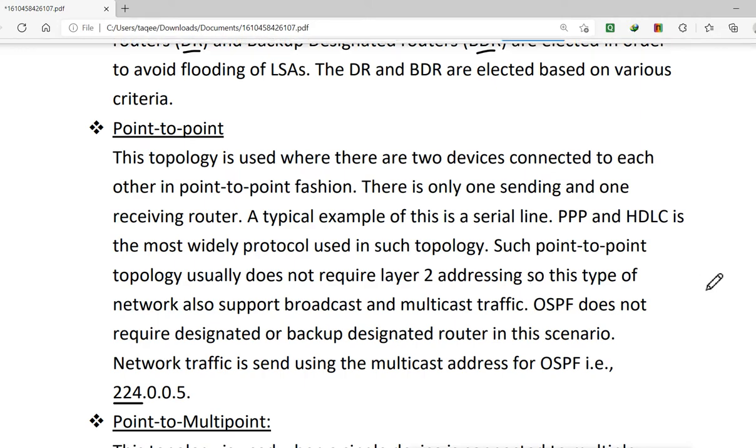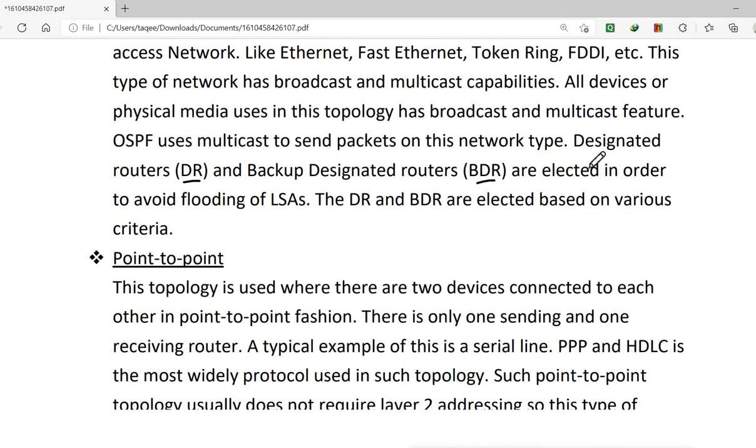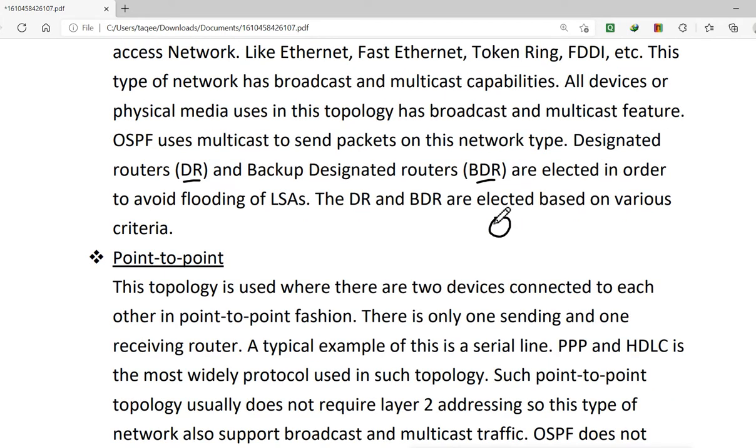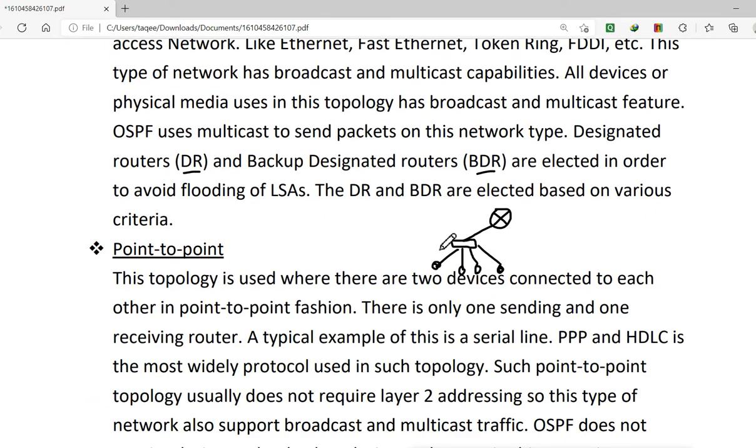For example, in this broadcast multi-access network, this is your router, and one interface is connected to the LAN network and all the devices connected to the LAN network. This side of the network is what we call the broadcast multi-access network topology, which is on the LAN side.